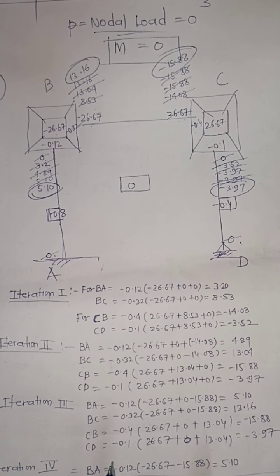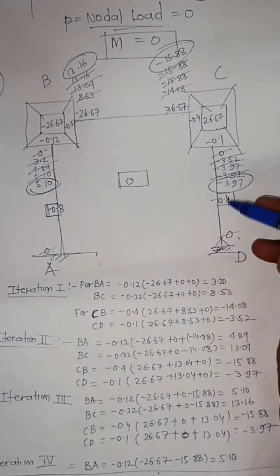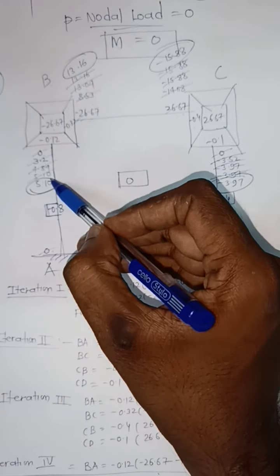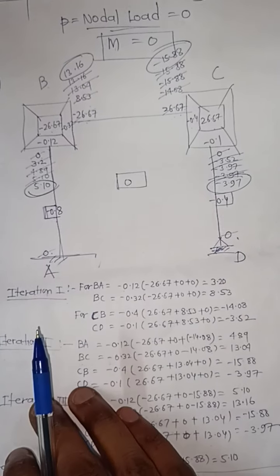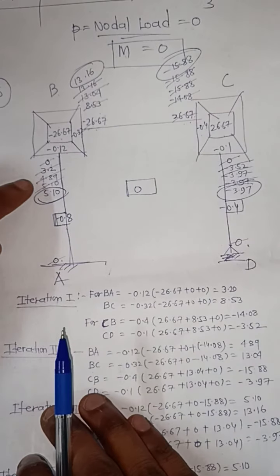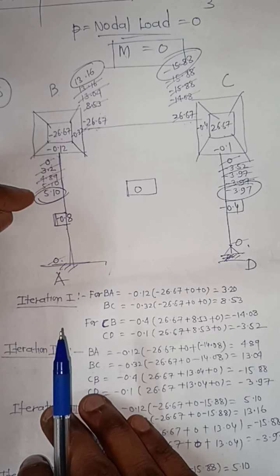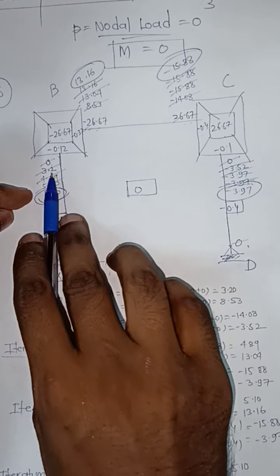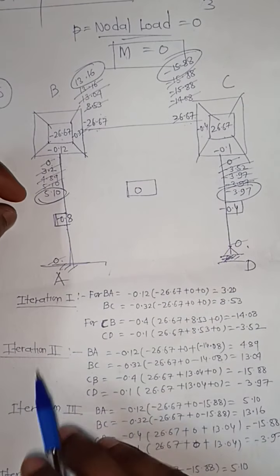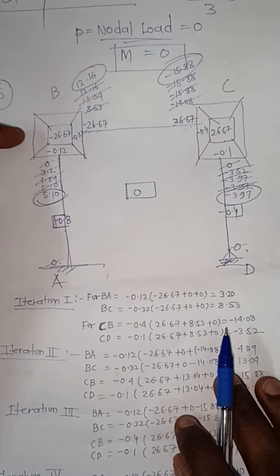Here the important part is that after calculating this 4 iteration value, when the two values come nearly equal, then in that case we have to stop the iteration. If you see BA 5.1, the two values come exactly near, so it will stop here. We will stop here: 1, 2, 3, 4. After the fourth iteration we have to stop this. Here also the two values come exactly the same.